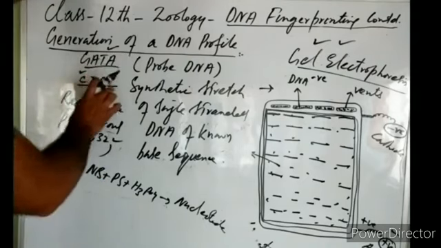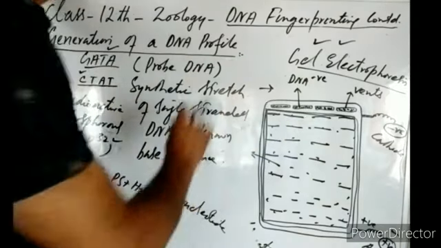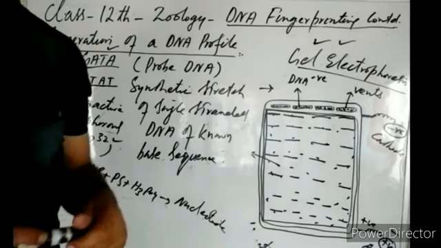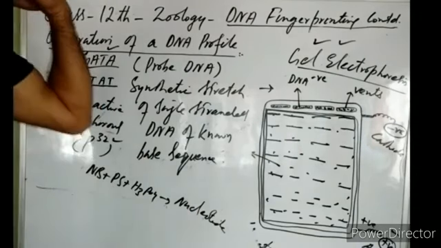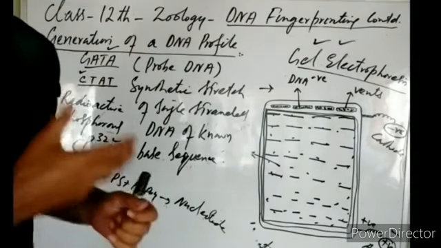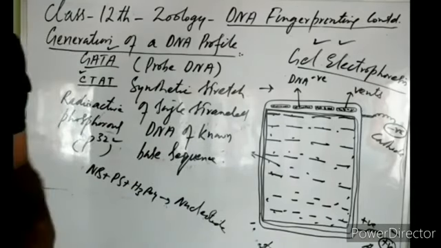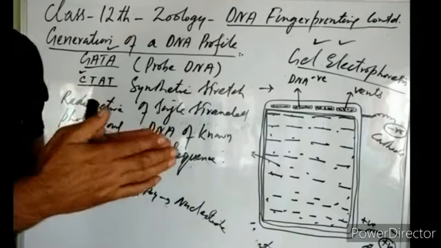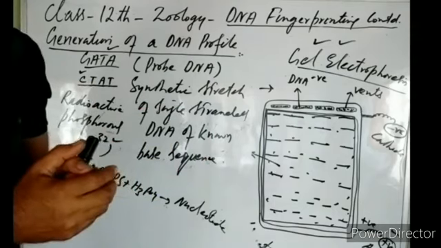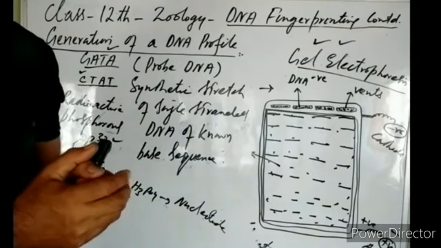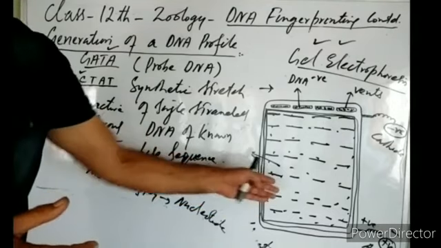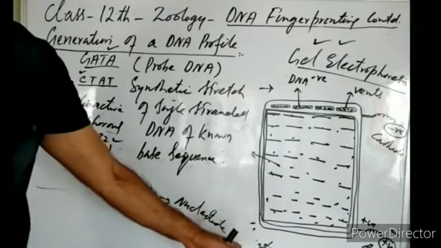Now they add this synthetic DNA to this nitrocellulose paper. What is contained on this nitrocellulose paper? On the nitrocellulose paper, we have the DNA which we have taken as a sample, right? This DNA is in the form of small fragments of different lengths and they are single stranded, right? On the nitrocellulose paper, DNA is single stranded because we have converted this double stranded DNA into single stranded by alkali treatment, right?